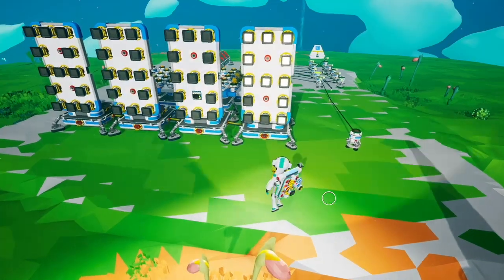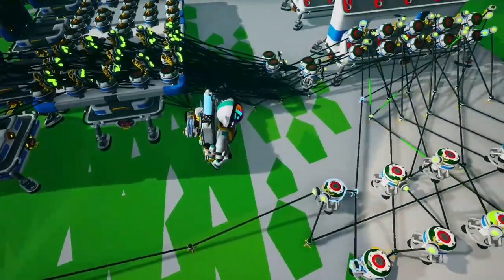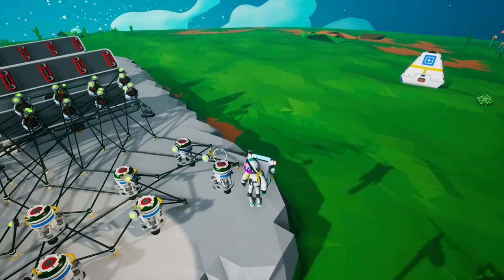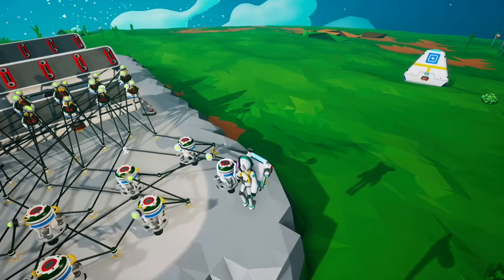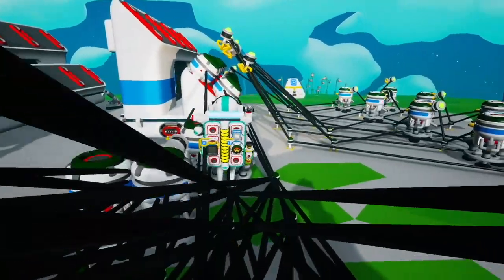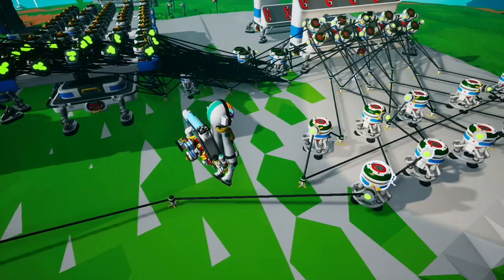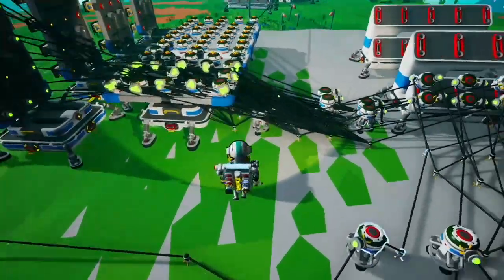And it's not working. Give me a second. All right, I figured out what the problem is. If you notice, this particular segment pin is connected to thin air. And if I come over here, all these segment pins are connected to thin air. So let's fix this. All right, so about an hour and a half later, I've fixed up all the wiring,